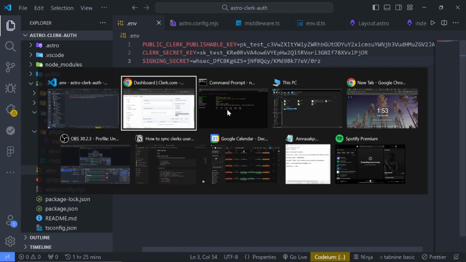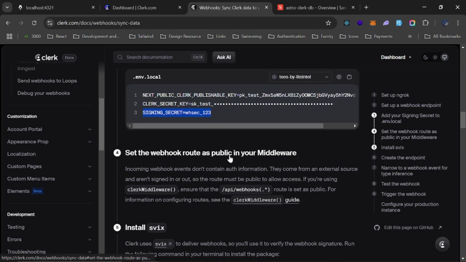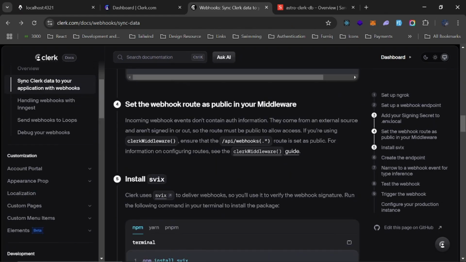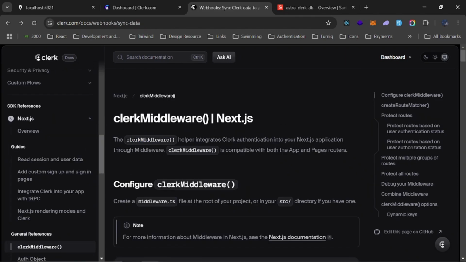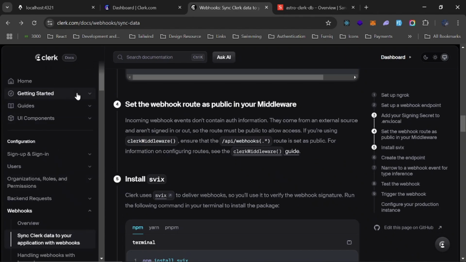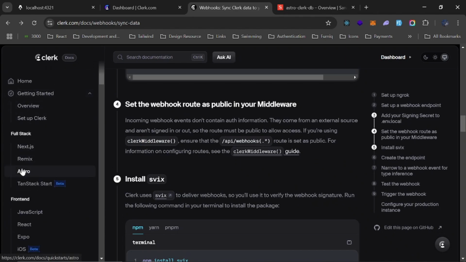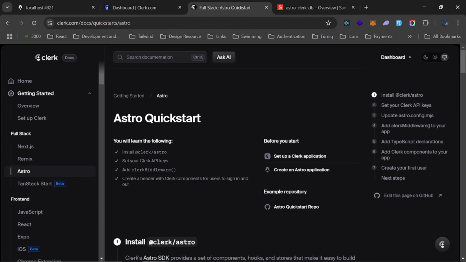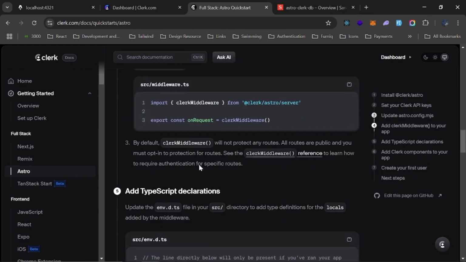All right, cool. So the next step is to set the webhook route as public in our middleware. So to do that, we need access to this Clerk middleware, and we can't do it directly from here because this is referencing Next.js. So we'll look for Astro, I believe is this one. Yeah, so